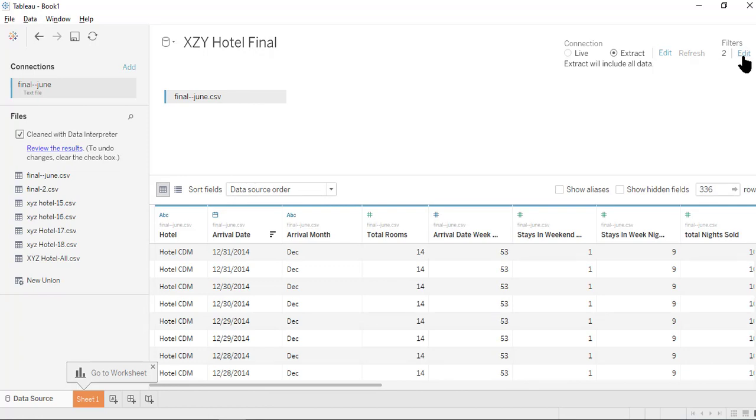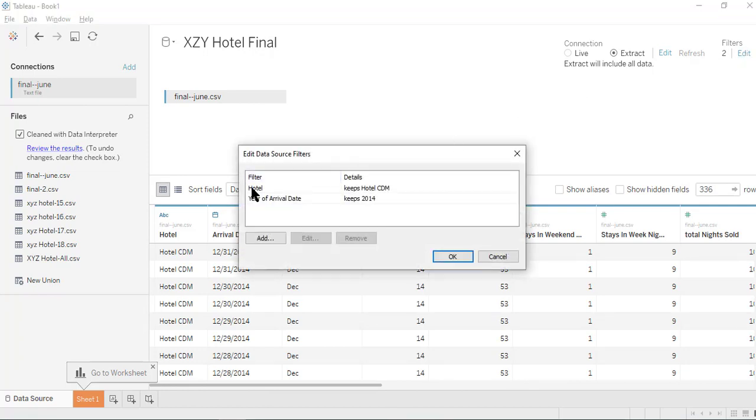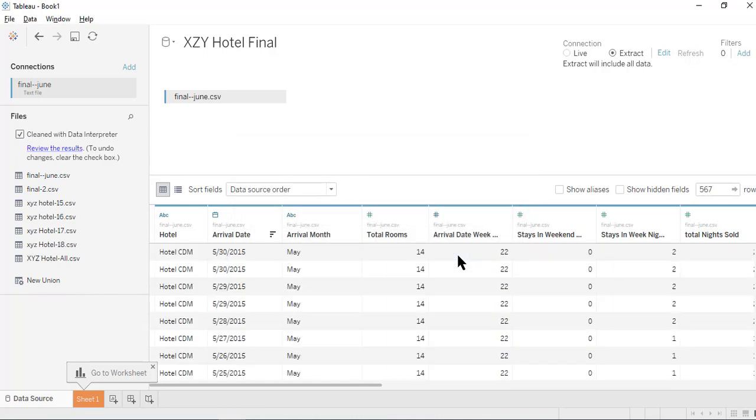Okay, now I actually want to do an analysis on the whole data set. I'm not going to do a filter here, so let's remove it. To do that, click on edit on the top right, click on the hotel filter and click remove. Click OK. Now we are back to normal. Okay, I think we've done